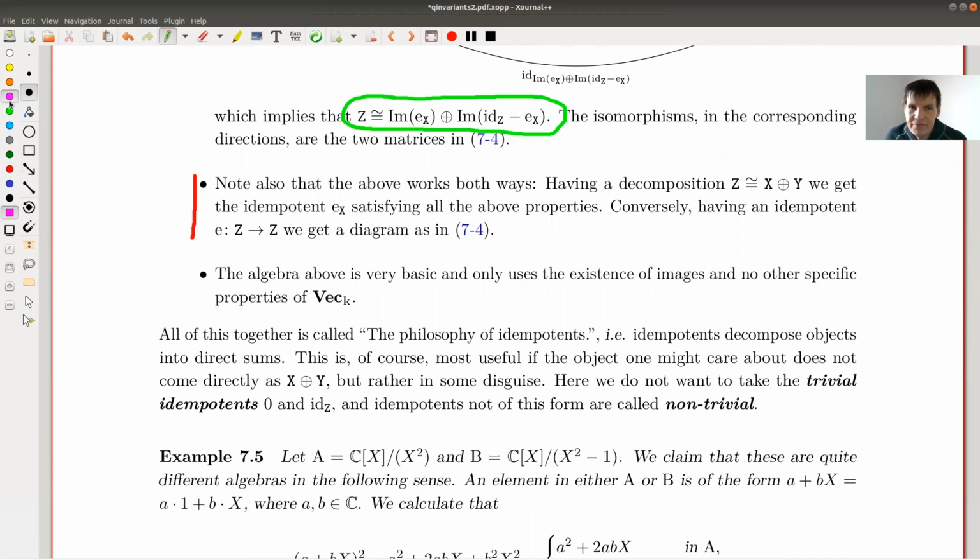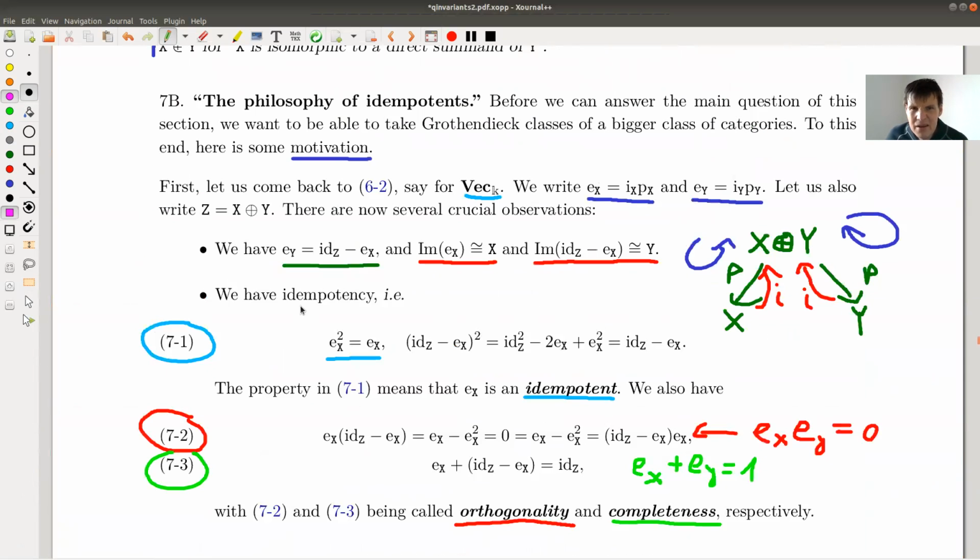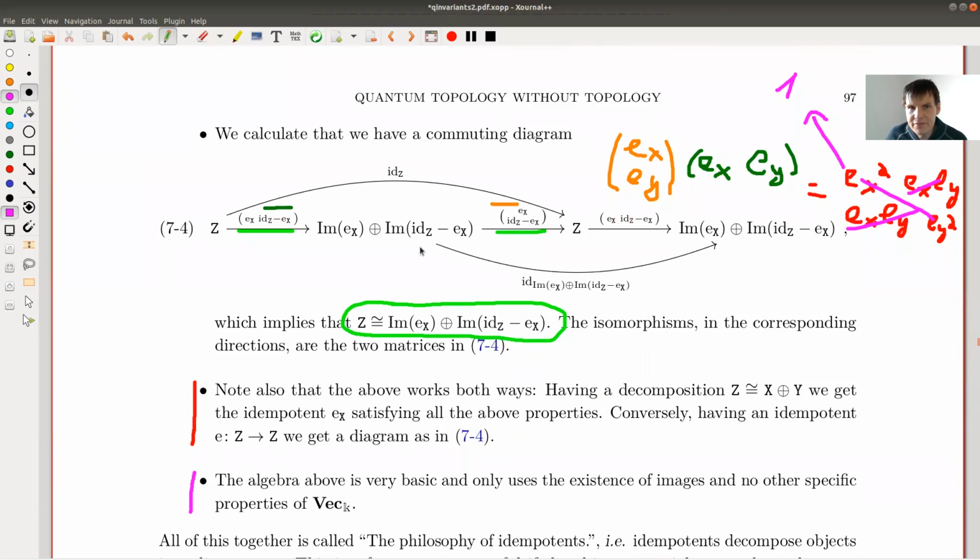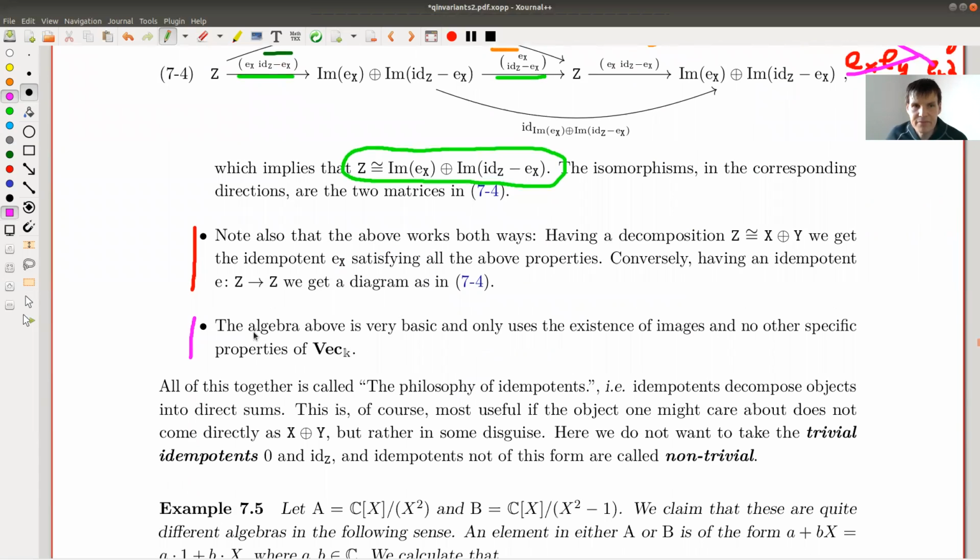This is really powerful. If this looks a little bit silly, then the point is that there are two points. First of all, let's look at it again. What have I actually used about vector spaces? Almost nothing. This was trivial algebra here. Those three properties, and the trivial algebra gives me this diagram, and this diagram gives isomorphisms by again trivial algebra. So what have I actually used about vector spaces? Absolutely nothing. So this should work in any reasonable category, and that's the whole point. So that's the first important point.